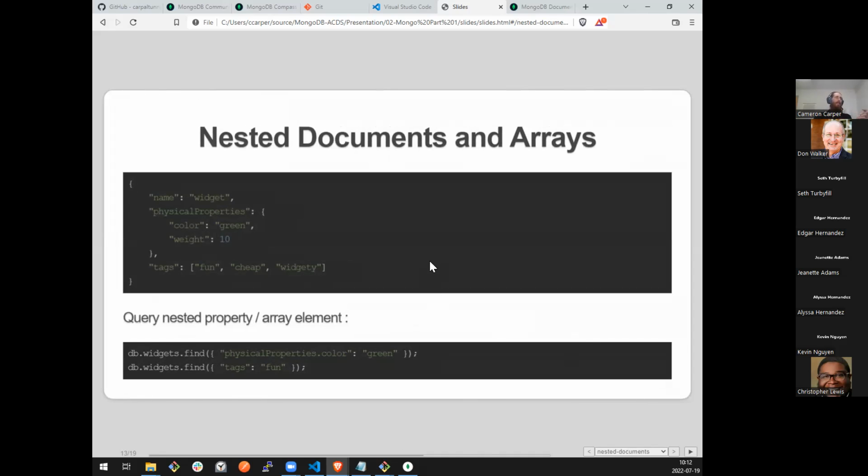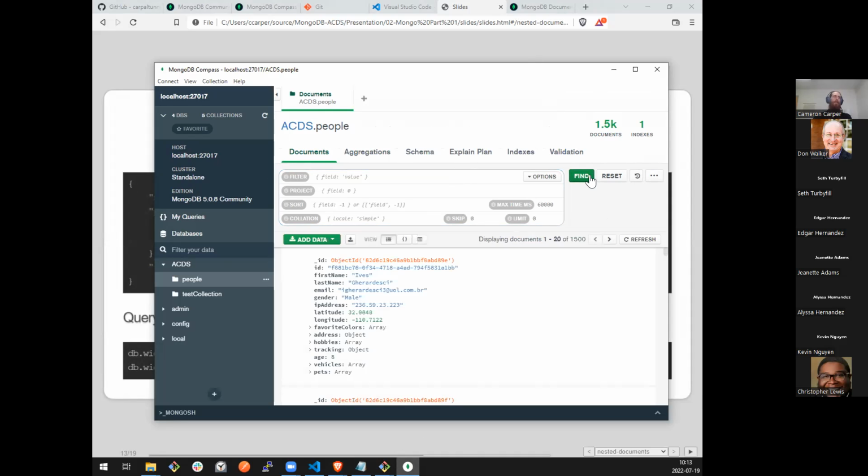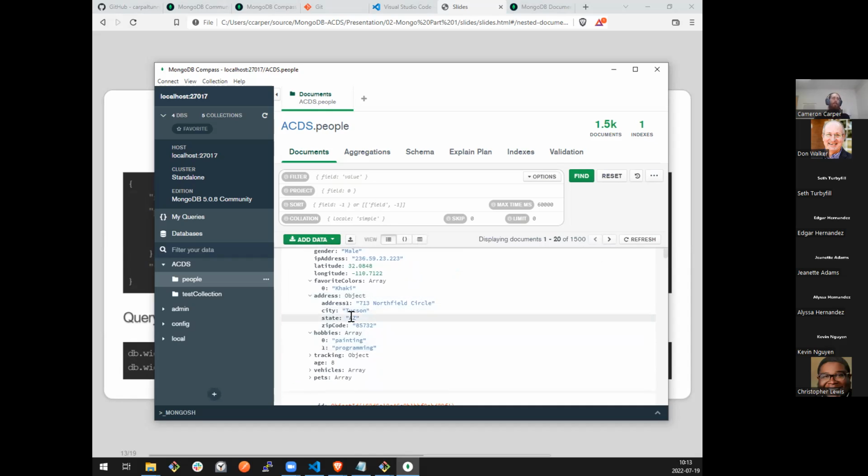So just like we can store nested documents in arrays, I'm going to remove my projection and my query. So we've got our favorite colors array. This person only has one color, but they have an address object that contains address 1, city, state, zip code, an array of hobbies. Clearly, we want to be able to query on these things because maybe I want to find everyone in my database who likes the color khaki because I'm going to have a sale on khaki pants or something like that. Or I need to know everyone who lives in Arizona, or everyone who enjoys computer programming because we're going to have a class.